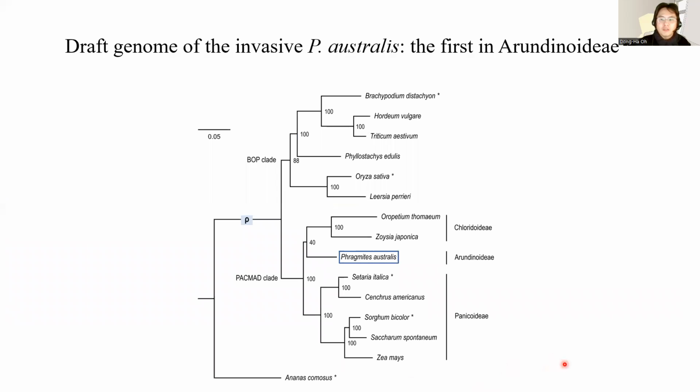So we started to sequence the genome of the common reed, the invasive subspecies, as the representative. There are quite a lot of genomes already available among grasses, but most of them are agricultural crops like rice, corn, sorghum, setaria. Setaria is here. And so this draft genome of Phragmites australis is the first genome representing the Arundinoideae family, which is a grass subfamily poorly studied, despite it has very important ecological roles.